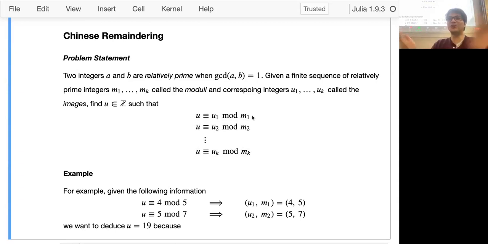There's only 2 numbers in that group. And if it's possible to solve the problem in a bunch of smaller fields, then why not? It'll help us solve things by hand, and it'll also make things way faster to do with a computer. So here's the statement of the Chinese remaindering,